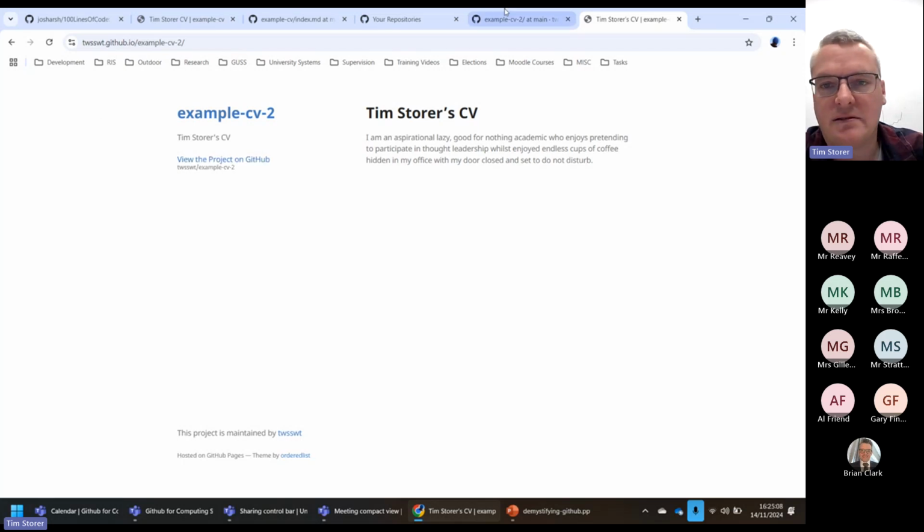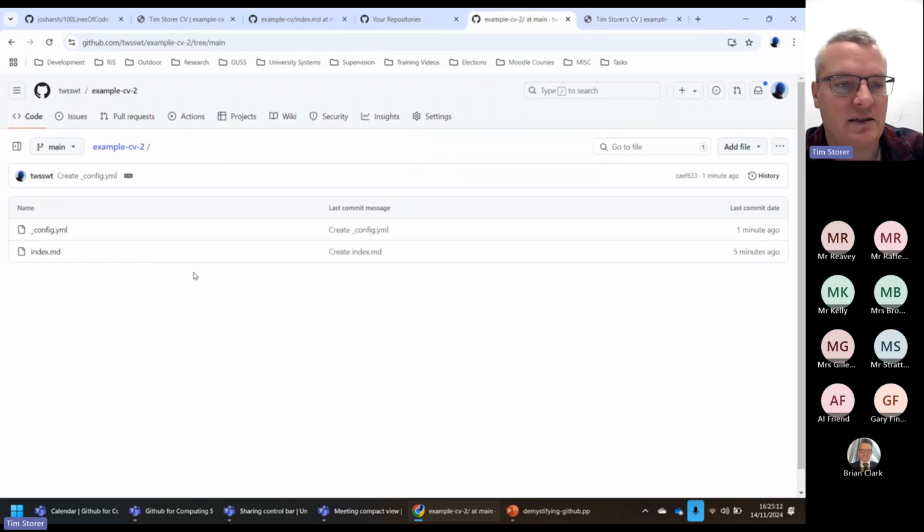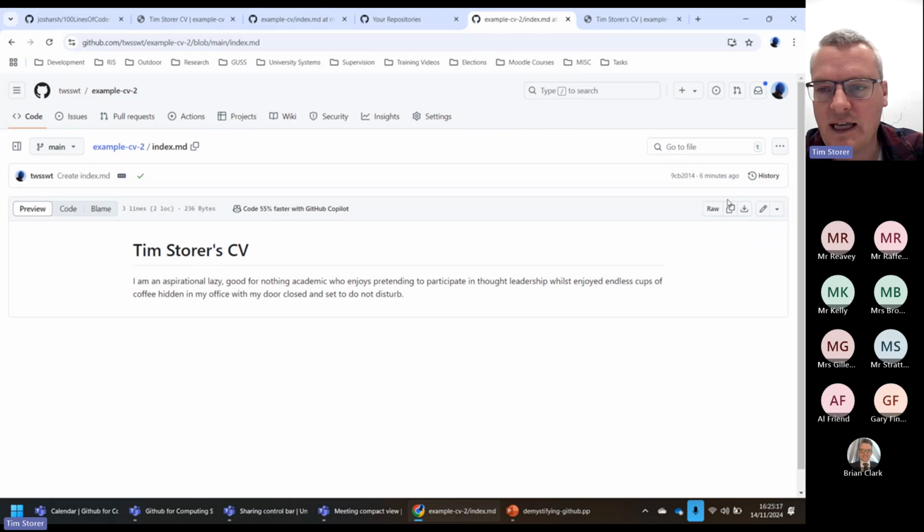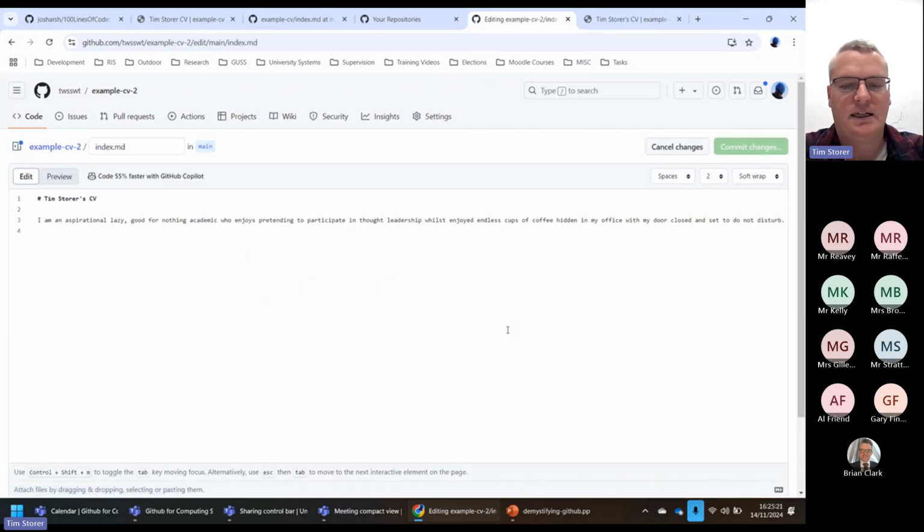I can also add images into my CV if I want to. So let's go back now and add some more content. I'm going to go back to that index file again that I had and start editing it by clicking on this edit this file button. And let's say I want to put my profile picture in here. So if I go to my home page,